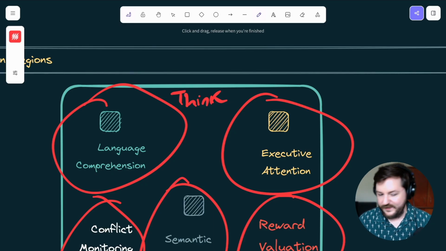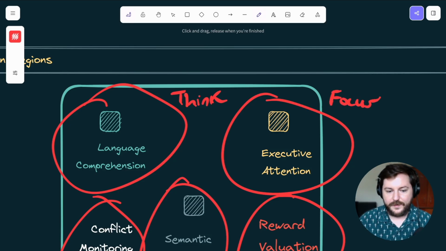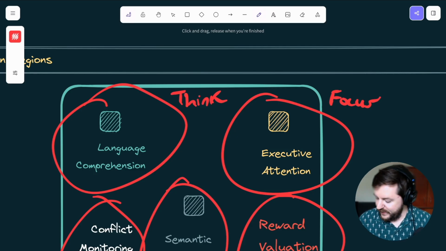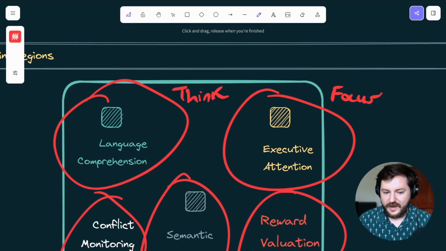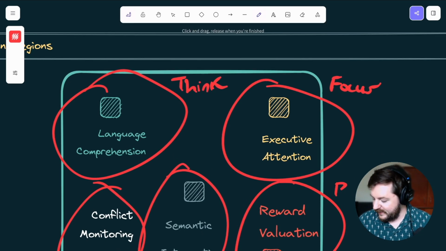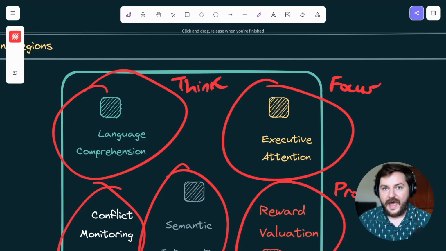Then you have executive attention, right? So focus, sustained focus. How long, or how does the hook land, right? How does it hold? Reward valuation. Reward valuation is pretty much the promise. So after going through the content, after experiencing what is being shown or communicated, how did it land? How did it stick? How sticky is that communication towards that individual?